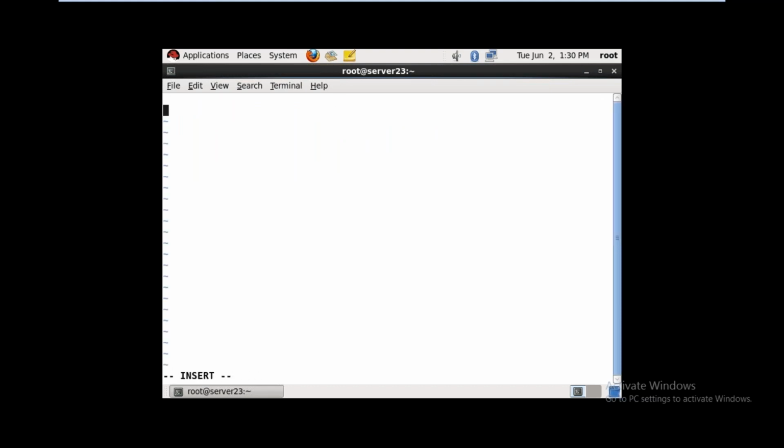The next chapter is group management. What is a group? A group is a collection of users who can share the files and other system resources.